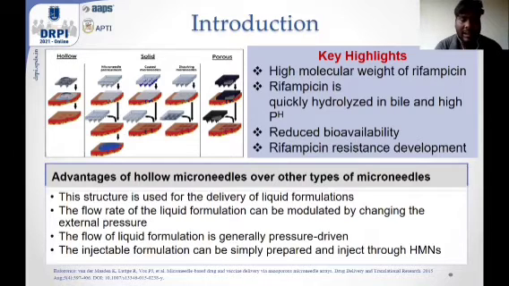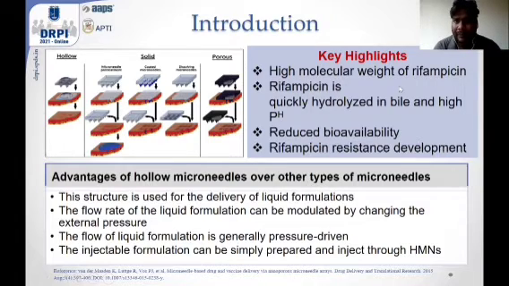There are many types of microneedles, such as hollow microneedles, solid microneedles, and porous microneedles. Here I am using the hollow microneedles as a prototype for the drug delivery system. The advantage of hollow microneedles over the other microneedles is that liquid formulation can be delivered using the hollow microneedles, and the rate and volume of the drug that can be administered through the transdermal route can be altered and depends on the pressure that we can apply on this. Hence, it is pressure driven, and the formulation can be given in liquid form, and injectable formulation can also be given using the hollow microneedles.